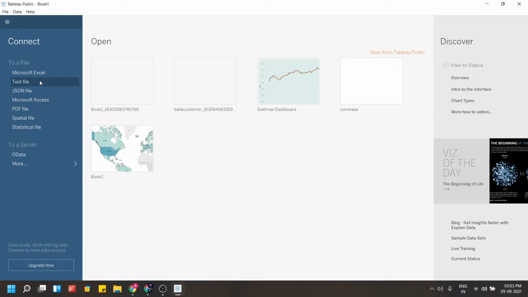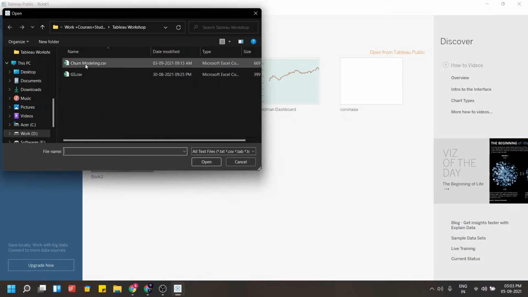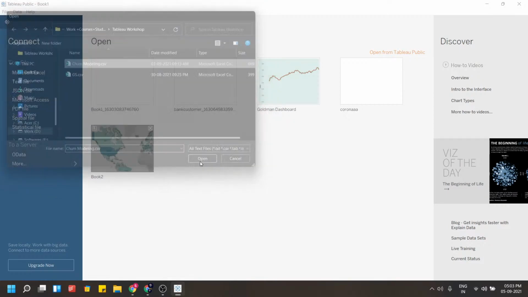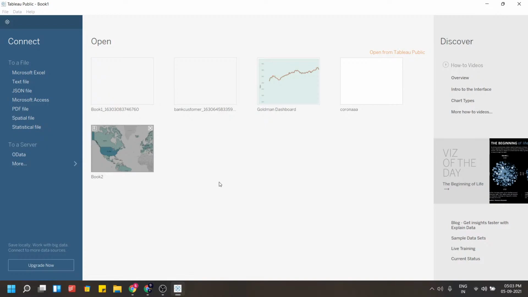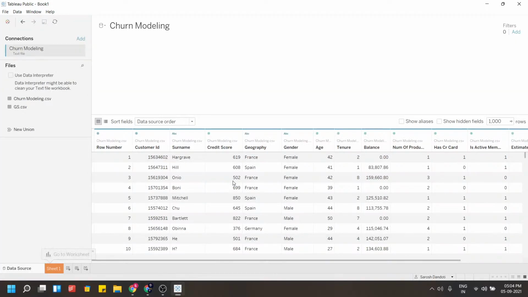Now I'm just going to select a text file, and I'm going to select my churn modeling CSV. Great. Let it load. All right, perfect. As you can see,